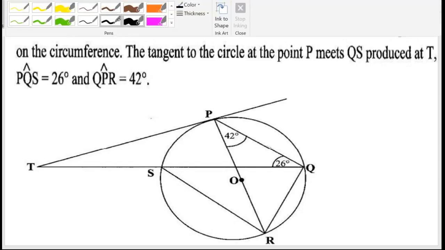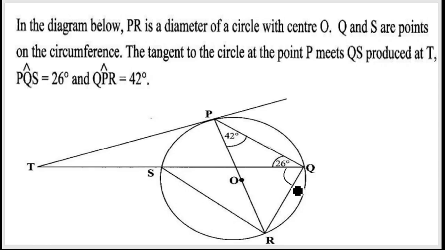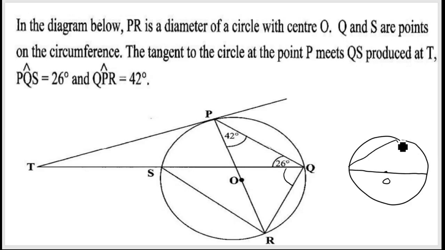Let's start with this angle here. We can find this angle by using the theorem which states that when you have a circle and a diameter, a line that passes through the center O, the angle subtended from the diameter, or the angle that is coming from the diameter,